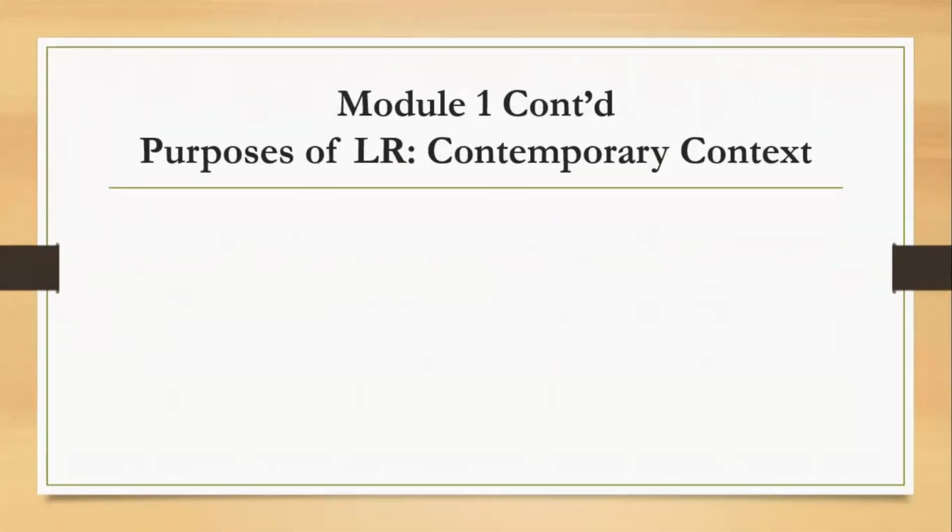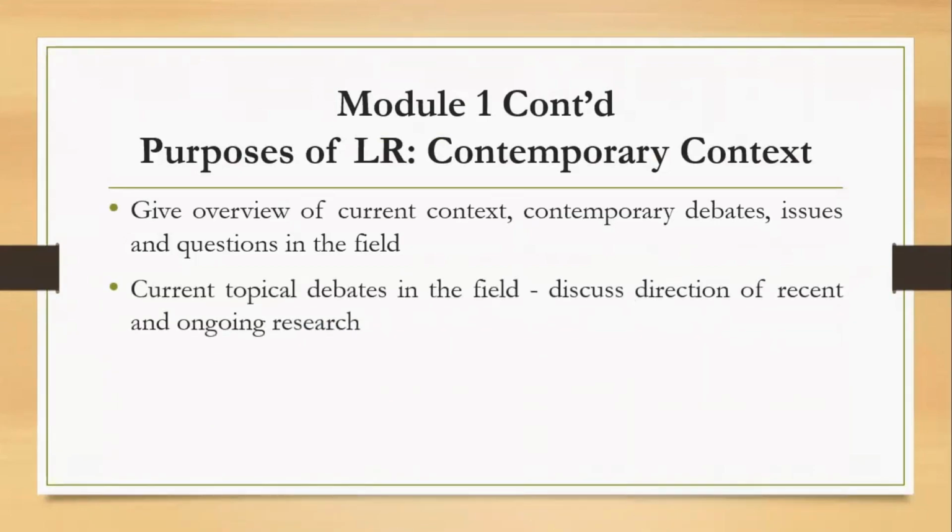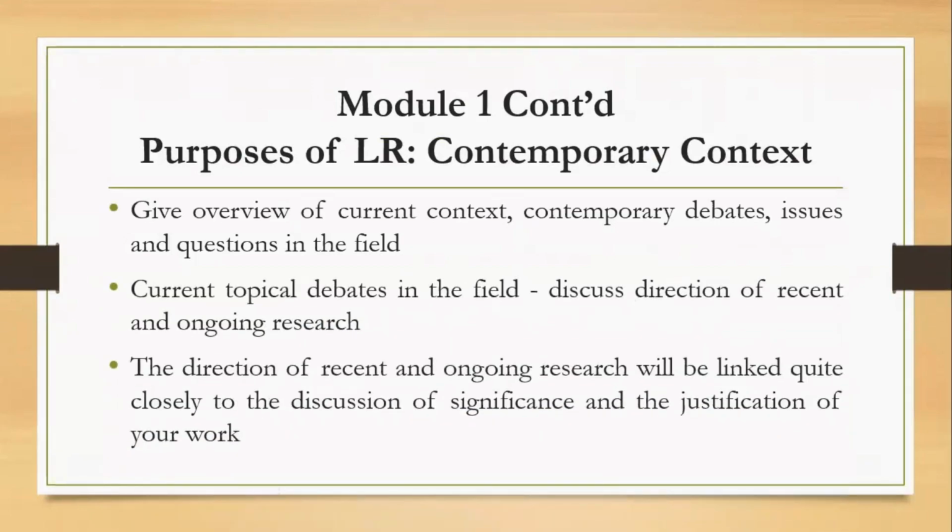Apart from satisfying historical context, your work should also cover contemporary context, right? The literature review should raise current topical debates in your field. If you don't expose people to the current topical debates in your field, then your work has no space, because you are going to research in a certain field. We have to know what its history has been, but we also need to know what its present is,